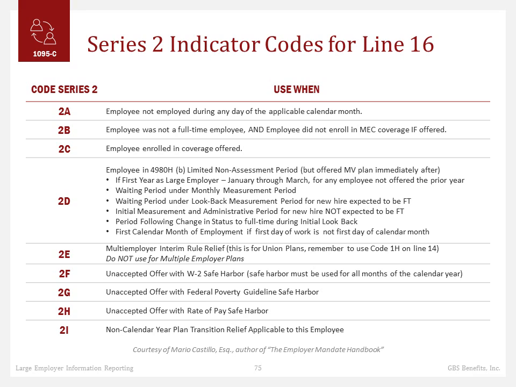Okay, so this is the slide that is a summary of the Series 2 indicator codes. Now, I need you to understand that this is a summary of the codes. When I listed the slide that says Series 1 indicator codes, that was word for word what's in the instructions for the forms. But on this one, there's a small paragraph for each of the codes that gives a little bit more information that you're going to want to be aware of. For purposes of the slide, I summarized it, and for your cheat sheet, I summarized it as well. When you become more familiar with it, it'll be easier to use this than a list with the entire paragraph